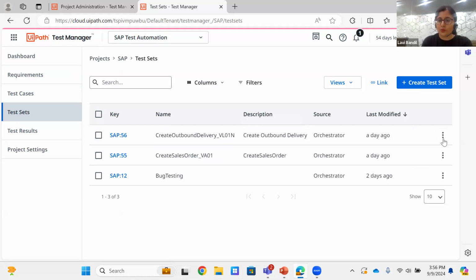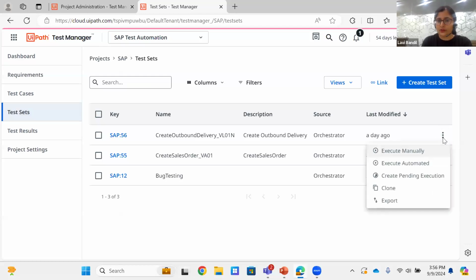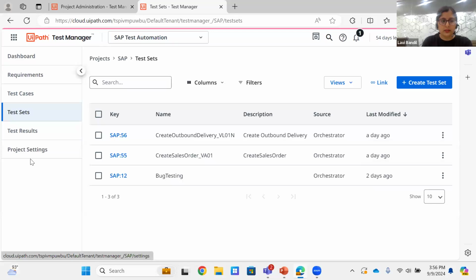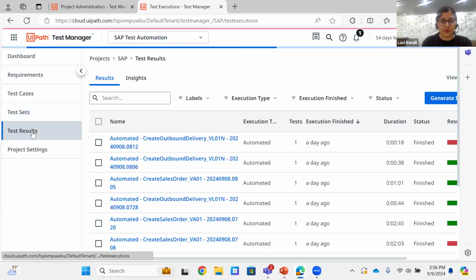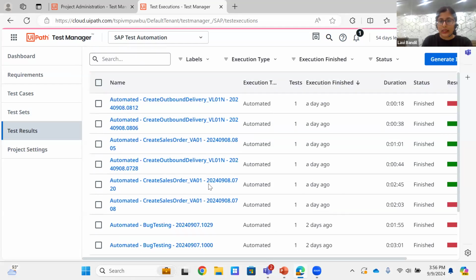To execute them, you just have to click on these three dots and click on execute automated. If you click on execute automated, it will start the execution. And after that, when the execution is completed, you can see the test result. For the test result, you have to click on this one, test result, and you are able to see the results here, and you can also see the logs or assertion that we have seen in the